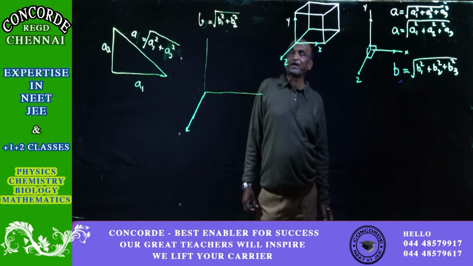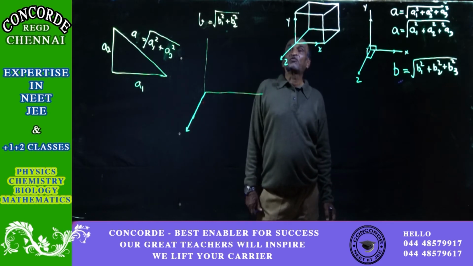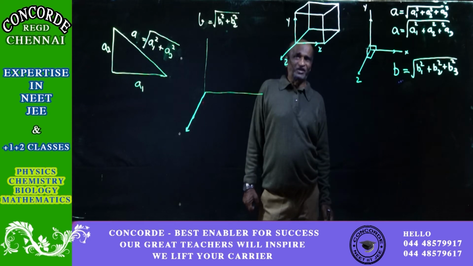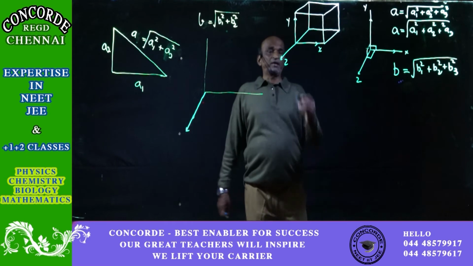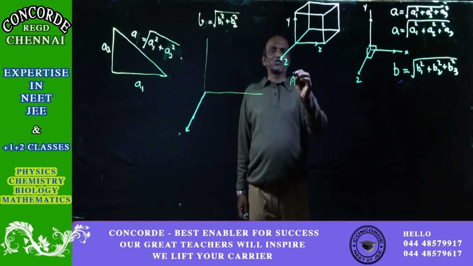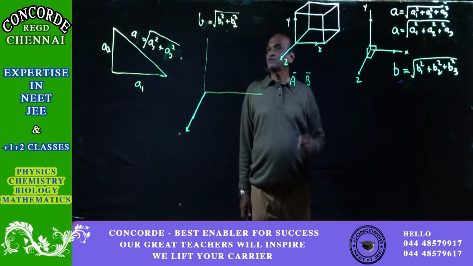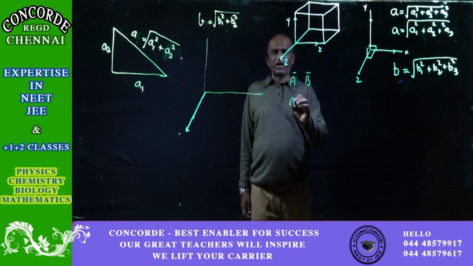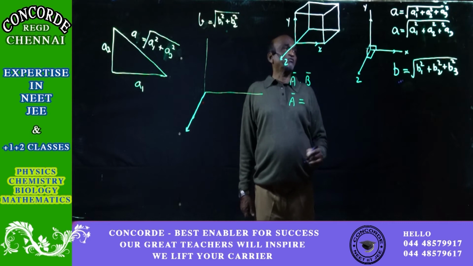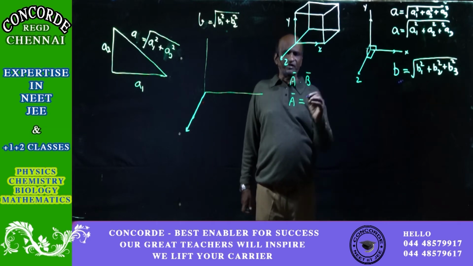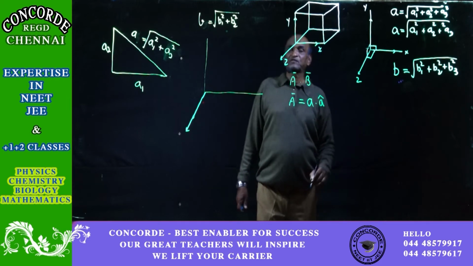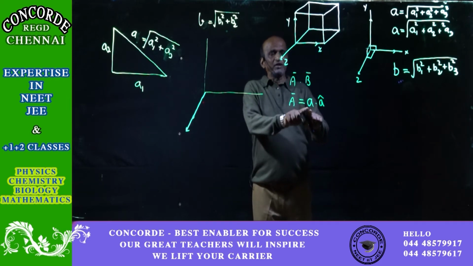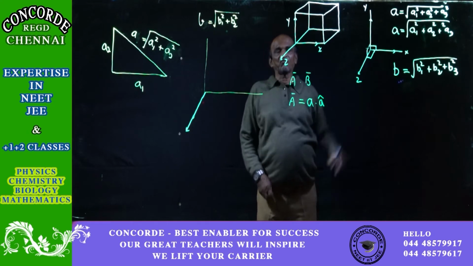So, we know the value of A, we know the value of B, and then to find out the value of cos alpha or sin alpha or whatever it is, we will next have to find out A bar dot B bar. For that, A bar is equal to, we have found out the magnitude of the vector A, and then the resultant, the direction. So, this value is equal to so much.